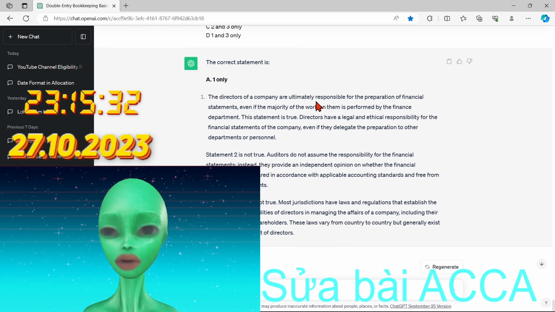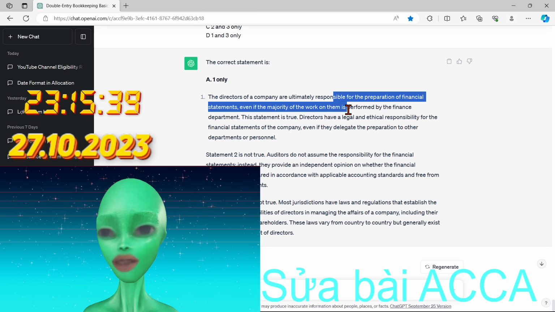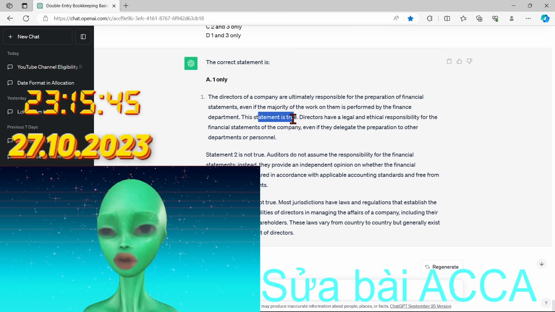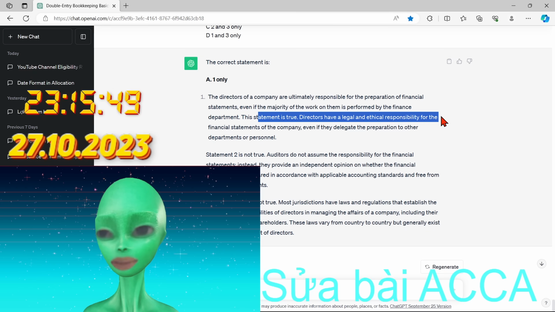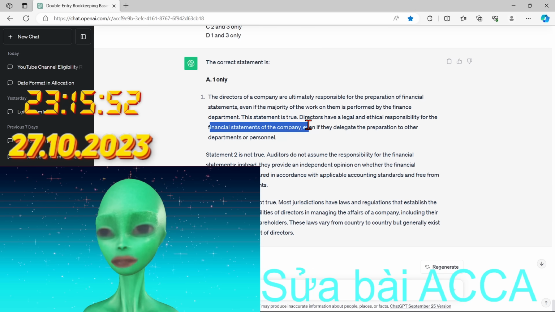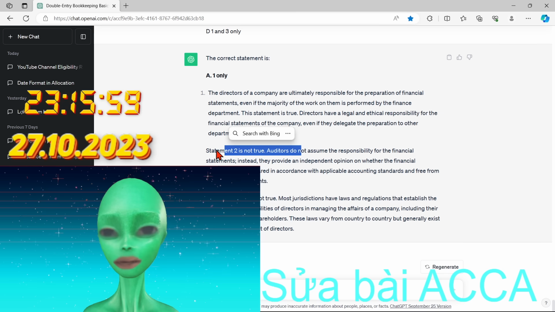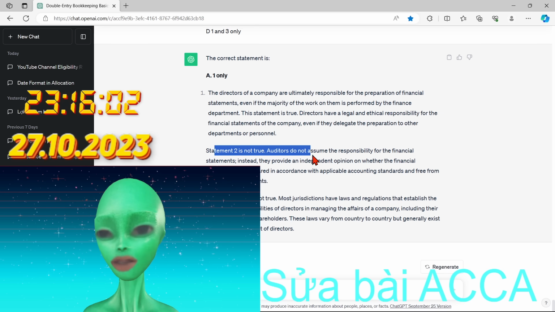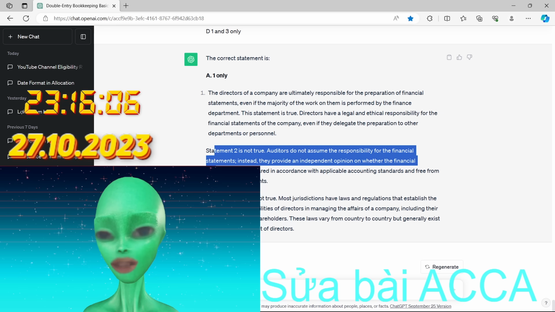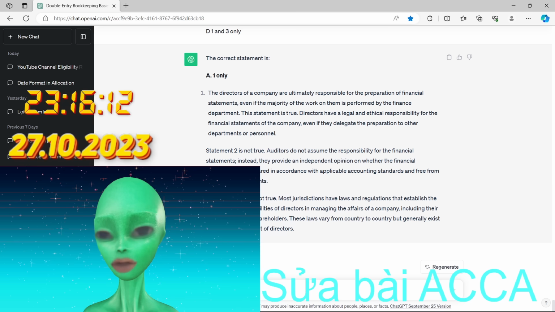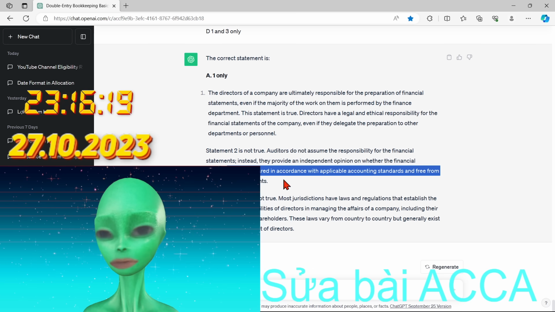The directors of a company are ultimately responsible for the preparation of financial statements, even if the majority of the work on them is performed by the finance department. This statement is true. Directors have a legal and ethical responsibility for the financial statements of the company, even if they delegate the preparation to other departments or personnel. Statement 2 is not true. Auditors do not assume the responsibility for the financial statements. Instead, they provide an independent opinion on whether the financial statements are prepared in accordance with applicable accounting standards and free from material